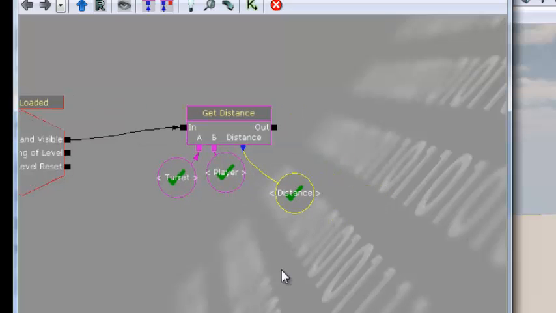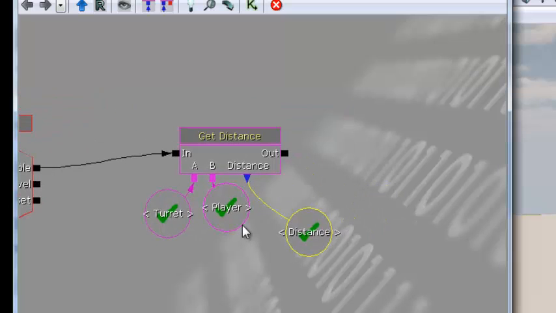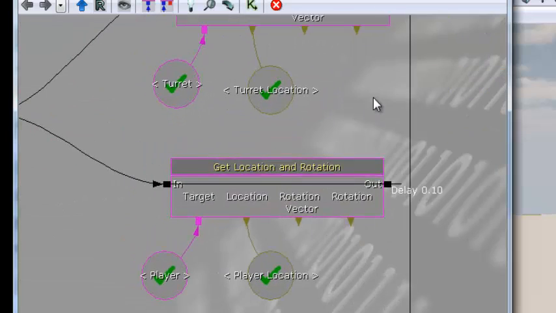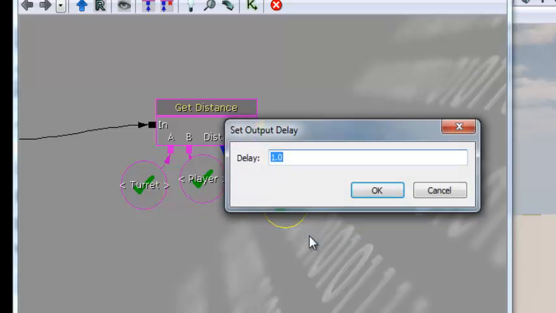But the problem is it will only fire once. So as soon as the level's loaded, we'll get the distance between the player and the turret, but that distance won't update as the player is moving towards or away from the turret. And we've got to create another delayed loop like we did for the get location and rotation of the player. And we're going to do that every 100th of a second, because we want to get that updated as much as possible. So let's right click on the output of the get distance node, set activate delay, and let's change this